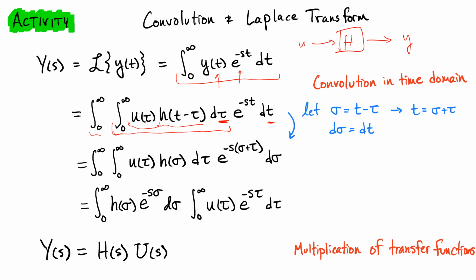And so what we'd like to do is separate these. And so this hinges on the fact that it's easy to separate terms in the exponential, whereas here you've got this t and this tau in the same function,